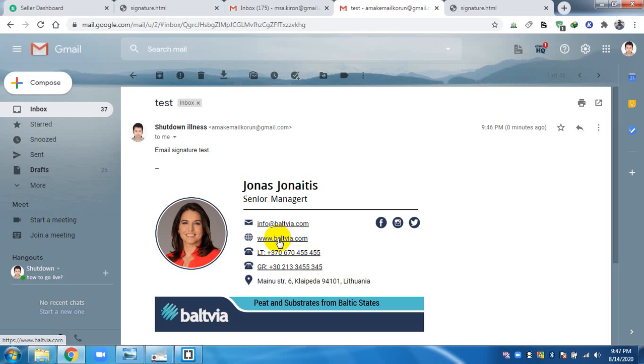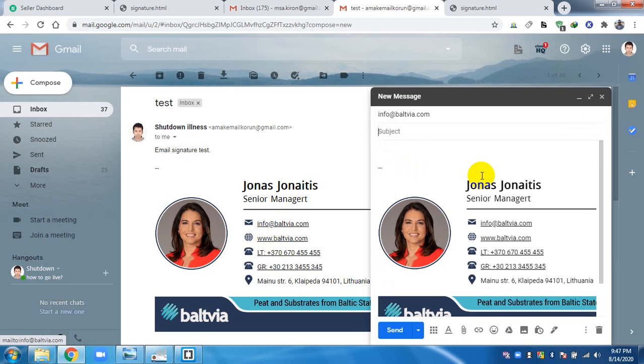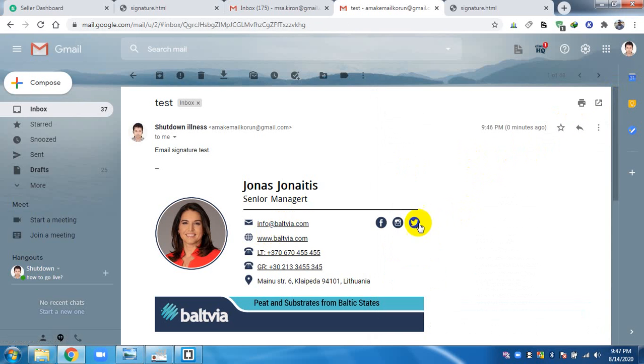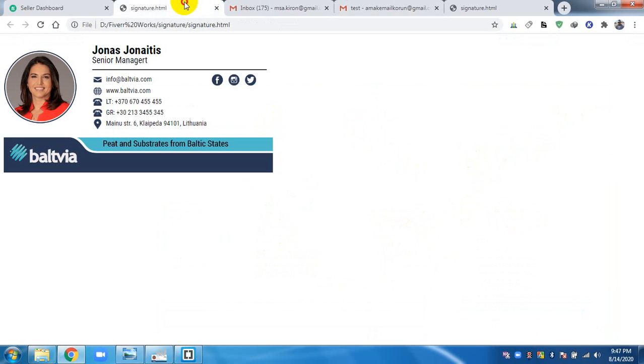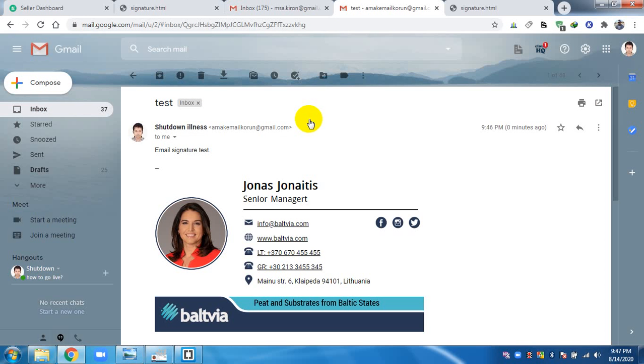If someone clicks on your website, they will be redirected to your website, and if they click on your email, it will open sending an email to you. And here are your social links. So everything works perfectly except the font. See, here the font is working with the font you have provided, but here it is not the same font.